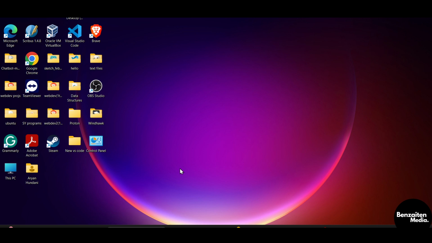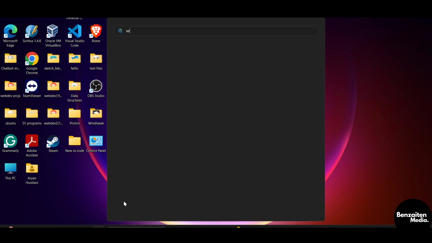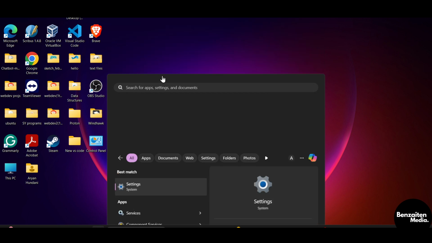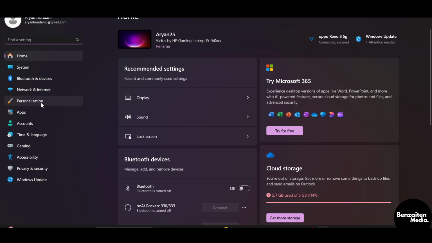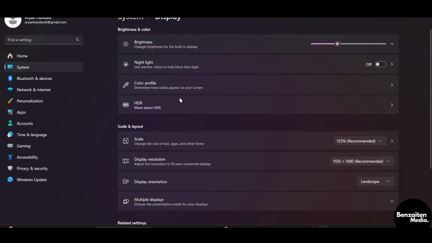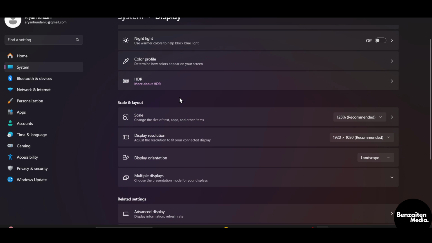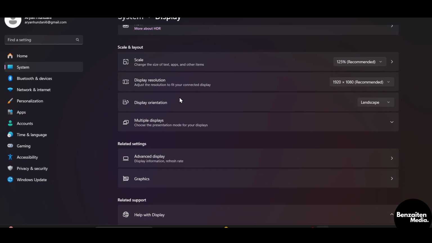In this video I'm going to show you how to enable RDP, which is the Remote Desktop feature in Windows. So first you need to press the Windows key and then head over to settings, and after clicking on settings you just need to click on display. As you can see, this is my display option. I'll just simply click on it, and after clicking on display you just need to scroll down a bit, and then